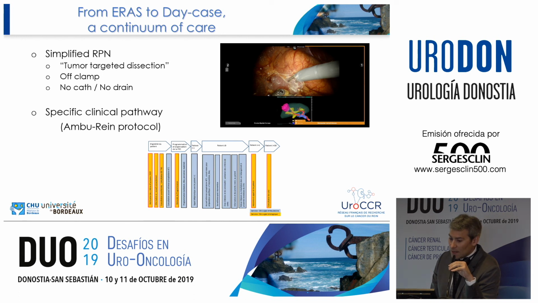Anyway, so we decided to do a simplified robotic partial nephrectomy. Simplified meaning that we are doing a tumor-targeted dissection, going directly into the tumor, meaning that we do an off-clamp procedure, and at the end of the procedure, we do not leave any catheter, not any drain. For this kind of patients, we have a specific clinical pathway that is reproduced here with